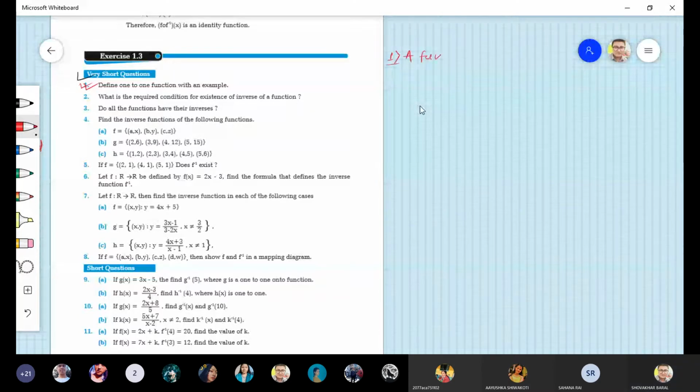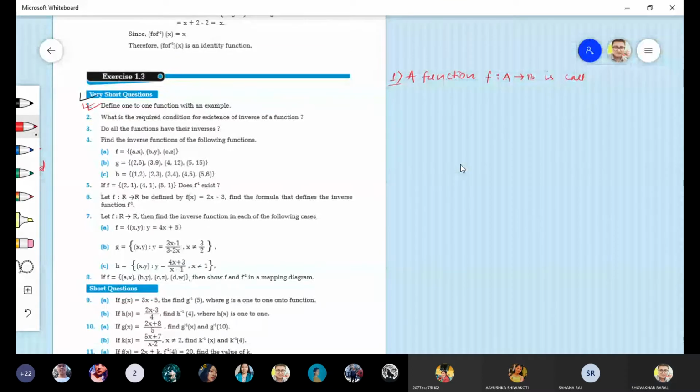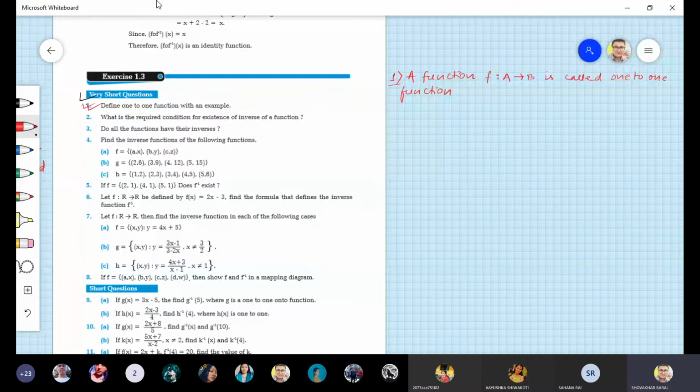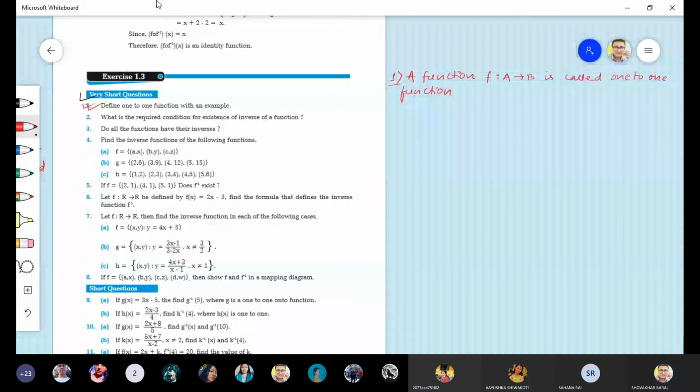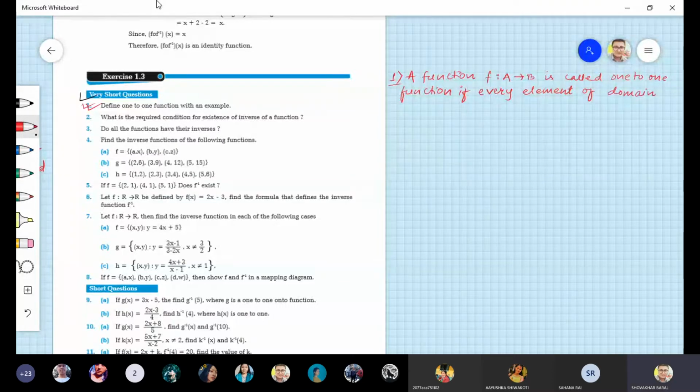A function f from A to B is called a one-to-one function. Mind it, there is only one-to-one, not one-to-many. For the existence of an inverse, the function must be both one-to-one and onto, but we are going to define the one-to-one function only. A function f from A to B is called one-to-one if every element of the domain is mapped with, this is a very important definition, just note it right now,